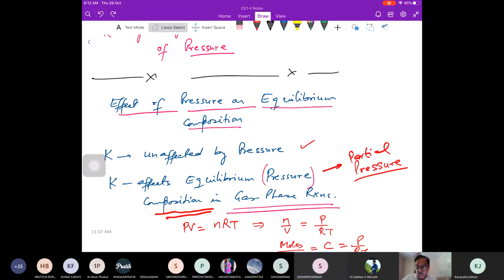If I try to increase the pressure, right? There's a specific case. If I increase the pressure, the reaction will proceed in such a way that it reduces the pressure. Reducing the pressure means reducing the moles. It's a very specific case of Le Chatelier's principle. It's not wrong. You're right. But I was talking about a general statement of Le Chatelier's principle, which says that if I say,